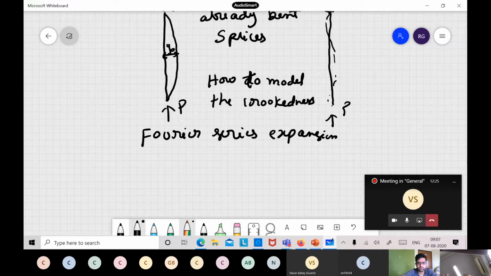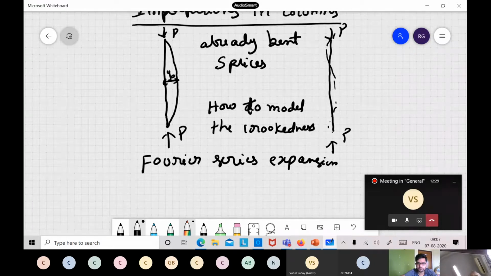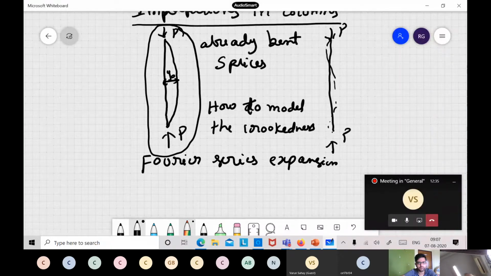It depends on your crookedness actually, how much the column is bent. So now we will discuss only the solution for one, then you can easily extend it for this one. Now let us see this column. You can see here the column is fully bent only on one side.